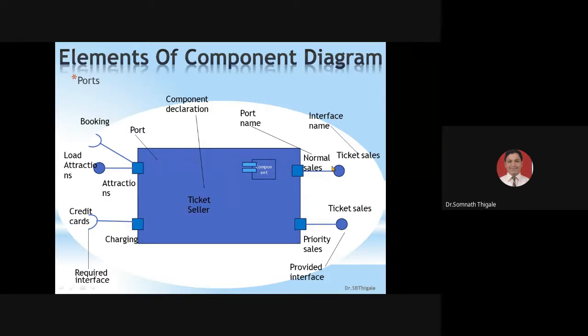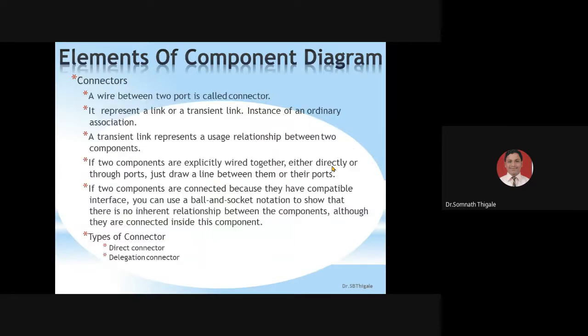Okay. Done this? Okay. Going towards the next part, that is called as what? Connectors. As the name suggests, connector means just a medium through which you can connect the different devices. So for example, a wire between two ports is called a connector. ज्याच्यामधून आपण दोन ports connect करतोय, just like a path. Connectors are nothing but the path connecting from one point to another point.